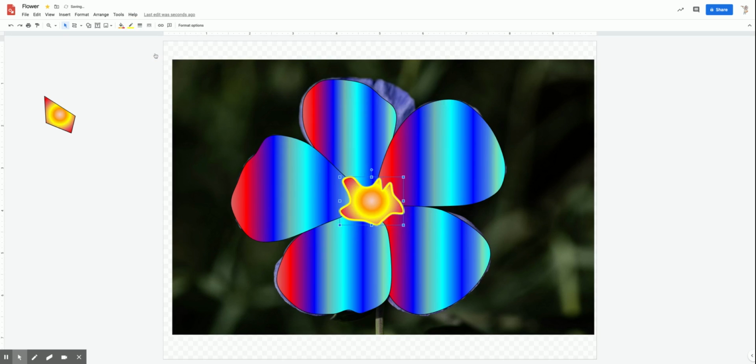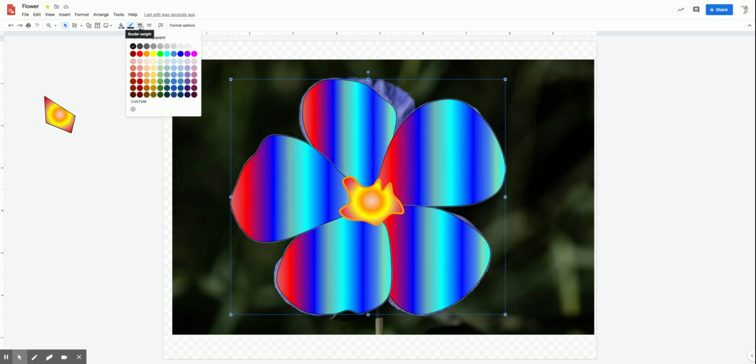yellow. Better yet, I'm going to change it to orange. Okay, and then I'm going to do the same thing with these objects. And let me show you how to select them all together. So I'm holding my Shift key down on the keyboard, clicking on my petal, clicking on each petal. And then I am going to go to the line tool, and I'm going to